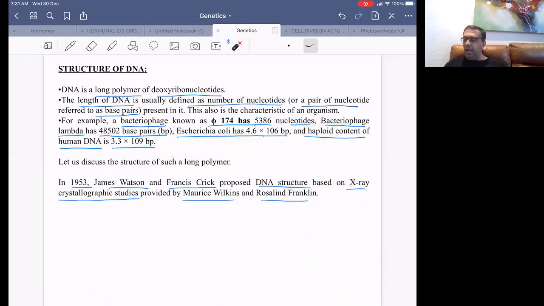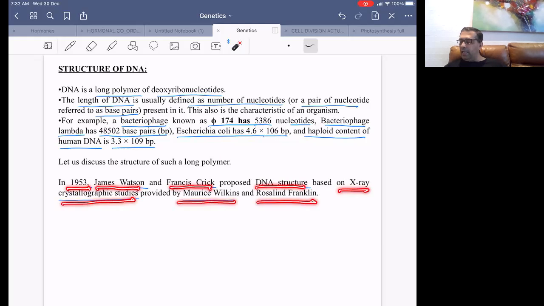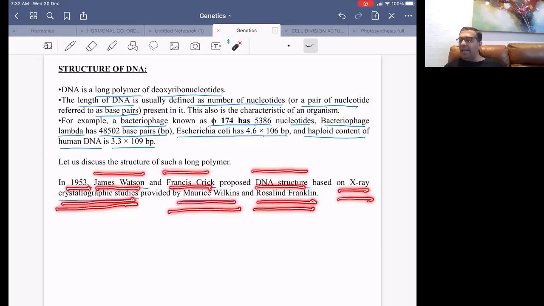Let us discuss this DNA. In 1953, James Watson and Francis Crick proposed the DNA structure based on X-ray crystallographic studies provided by Maurice Wilkins and Rosalind Franklin. So, two scientists, Maurice Wilkins and Rosalind Franklin, did the X-ray crystallographic study of the DNA, and using these studies, James Watson and Francis Crick proposed the DNA